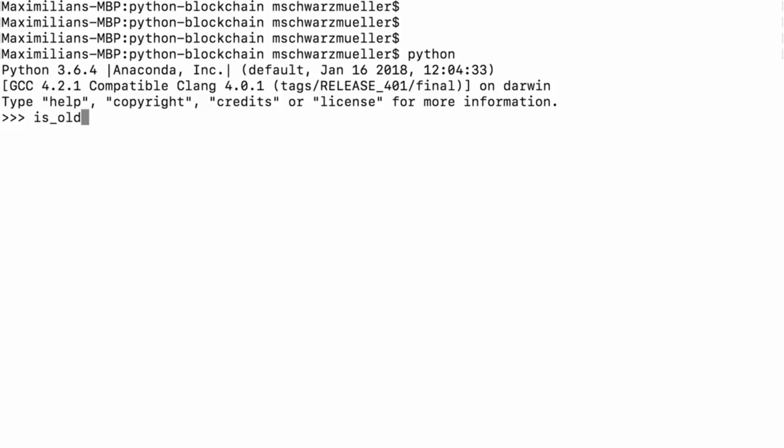The naming convention here, by the way, in Python is to name it like this. If you got one variable that consists of multiple words, you cannot write is old with a blank. That's invalid. It has to be one word. But to still make it easier to read, you use underscores to separate words. So you got all lowercase names with underscores between the different words. This ensures readability and is valid Python syntax.